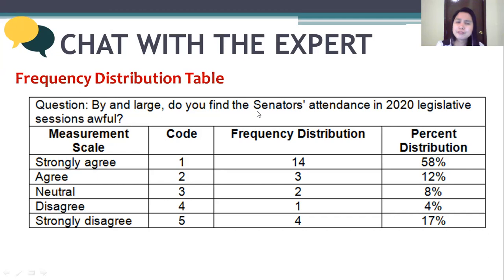Example, do you find the senator's attendance in 2020 legislative sessions awful? So strongly agree, 1, 2, 3, 4, 5. How many said strongly agree? 14. That's 58%. How many said strongly disagree? 5. It's only 4. There's only 17%. So based on this descriptive statistics table, or the FDT, we can see that majority, 58%, agreed that the senator's